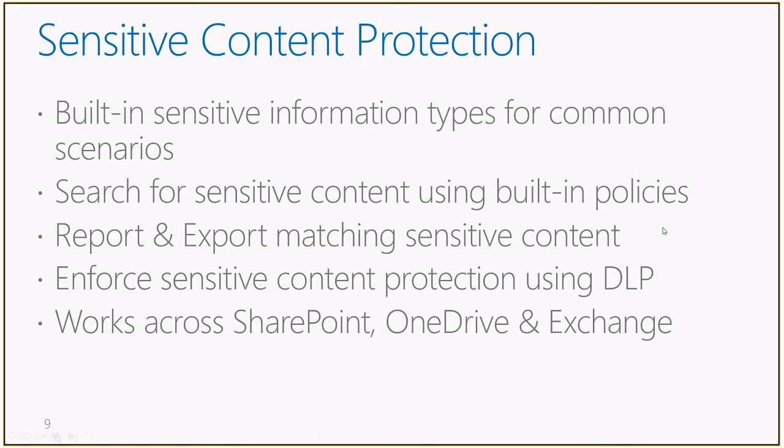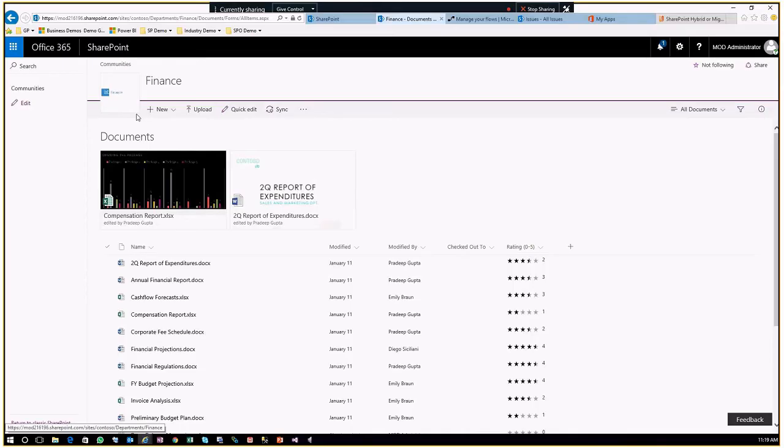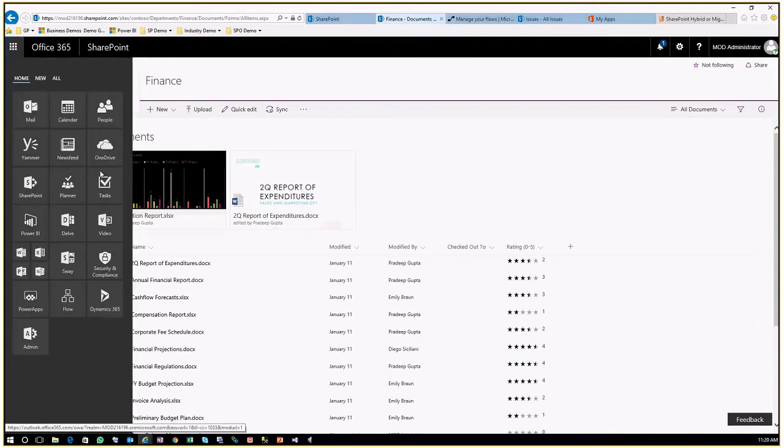With a new model, you now have got all of these information content types built into the platform. So I can quickly show you an example of that. So for example, if in the Office 365 world, you can use a new Security and Compliance Center to get to